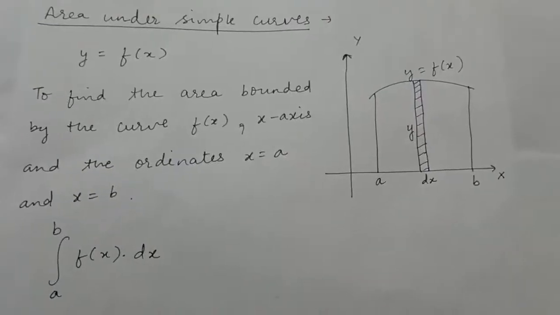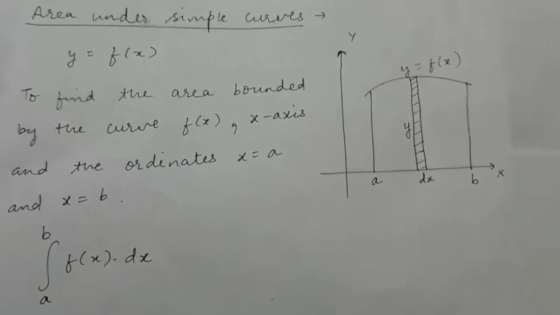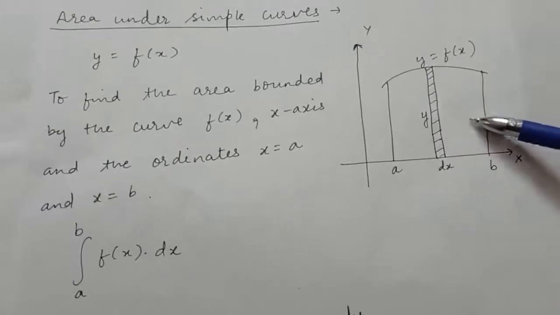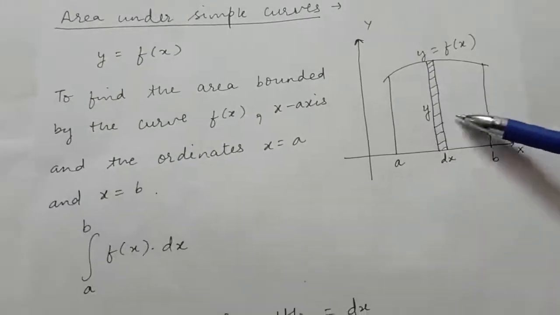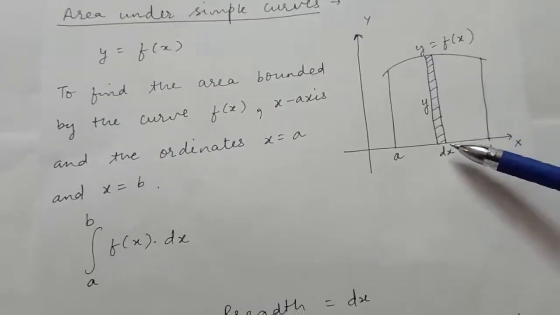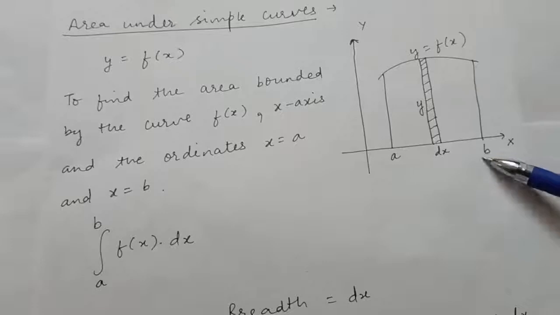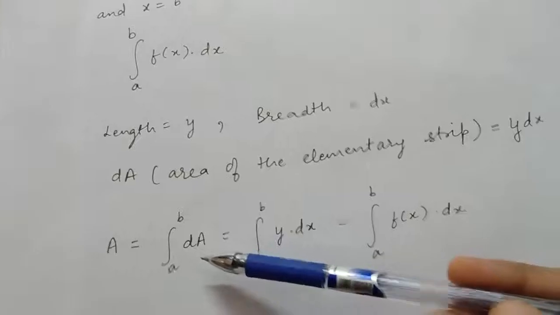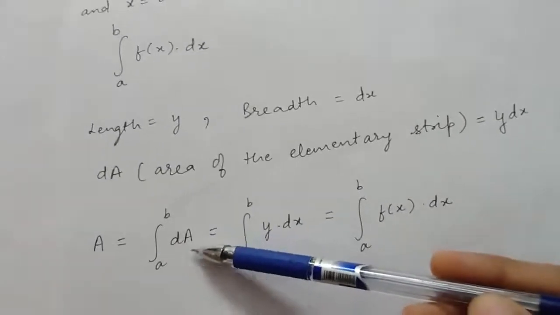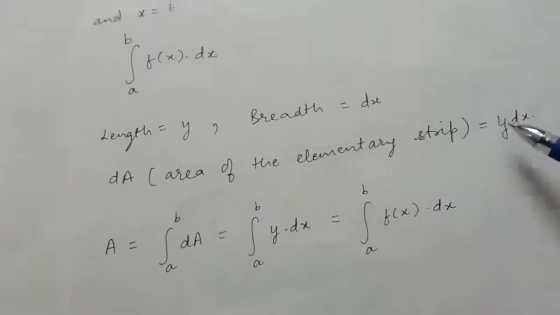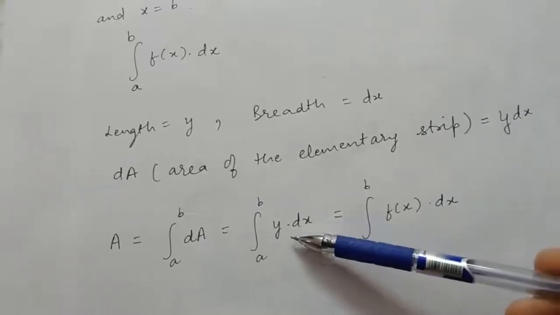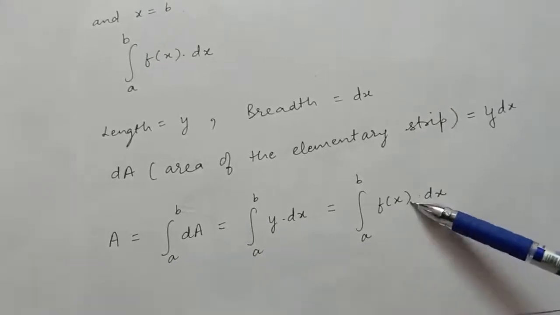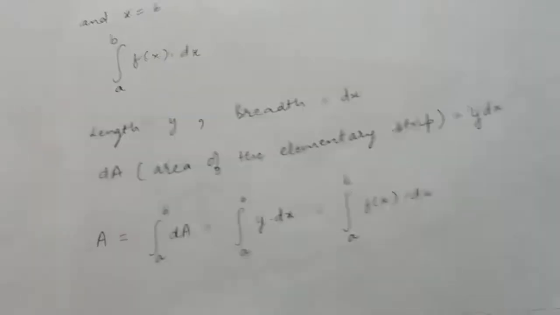Now the complete area. Integral does nothing but the work of summation only. Now if suppose I make n number of strips here, then to find the area we have to add the areas of those n vertical strips, right? Which can be done from the limits a to b. The integral, that is the summation of all the areas of the elementary strip, which is y into dx, and y is given as f(x). So area can be calculated as the integral of f(x) dx from the limits a to b, right?